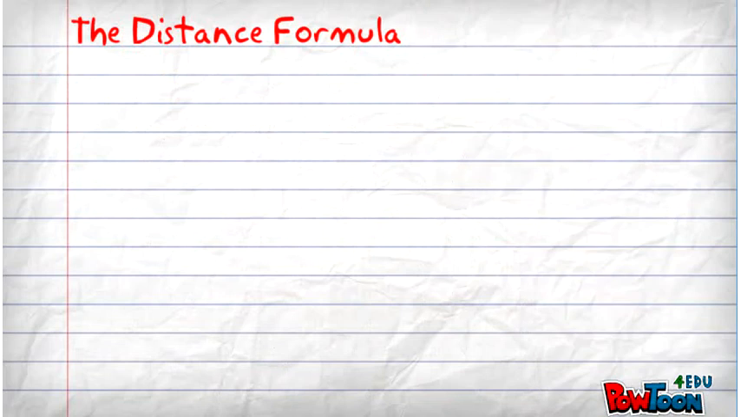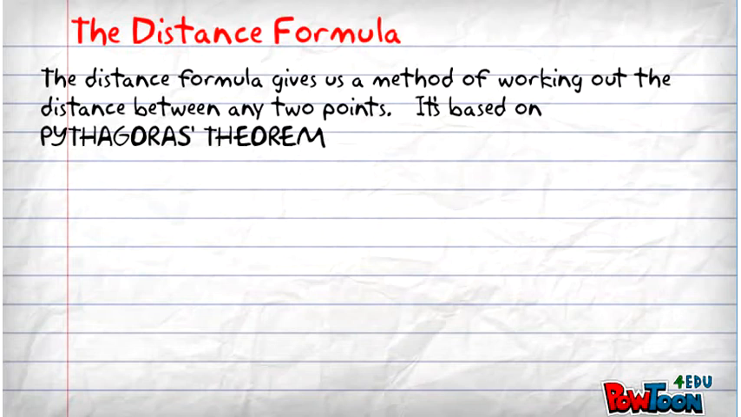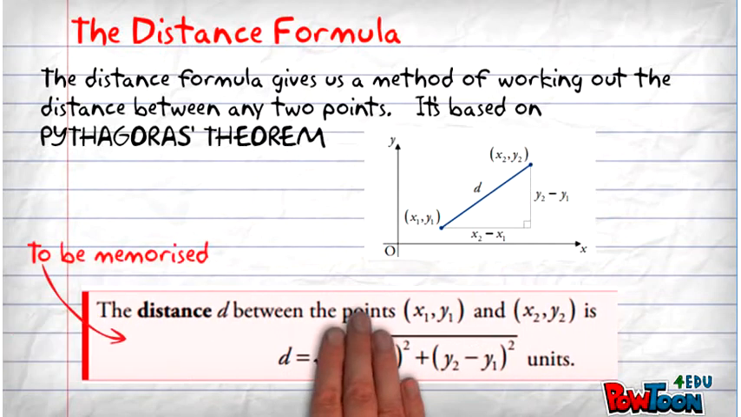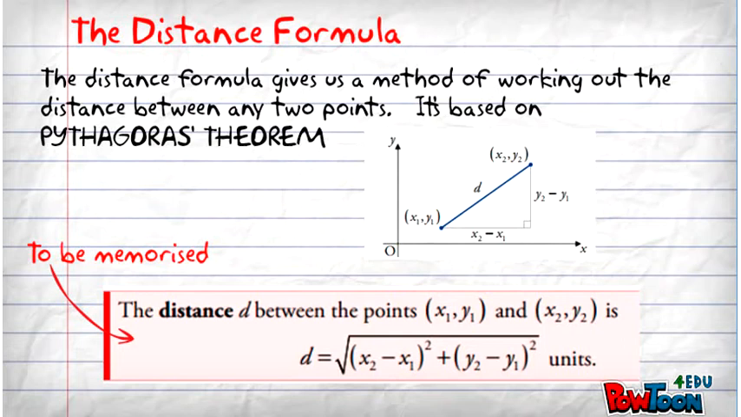Now let's generalize that. The distance formula will give us a method of working out the distance between any 2 points, and it's based on Pythagoras' theorem. So here we have now a line that's not horizontal or vertical, just a line joining 2 points (x1, y1) and (x2, y2), and by constructing a right angled triangle with lines parallel to the x and y axis, and using what we've developed above, we can use Pythagoras to say that the distance